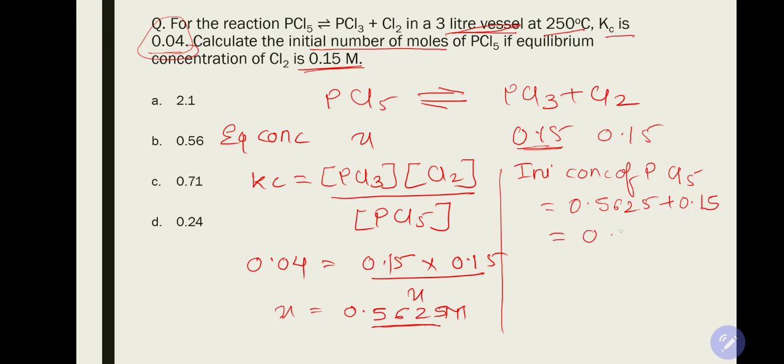It is 0.7125 molar. Okay, now that I have the initial concentration, can I find the initial number of moles? Yes. Initial number of moles is equal to how much? It is nothing but the concentration